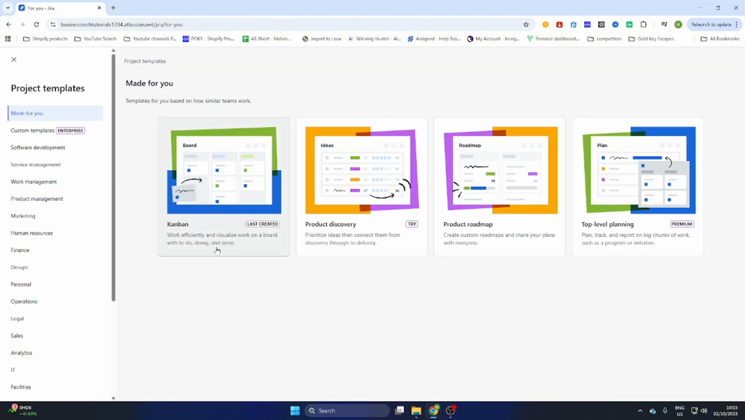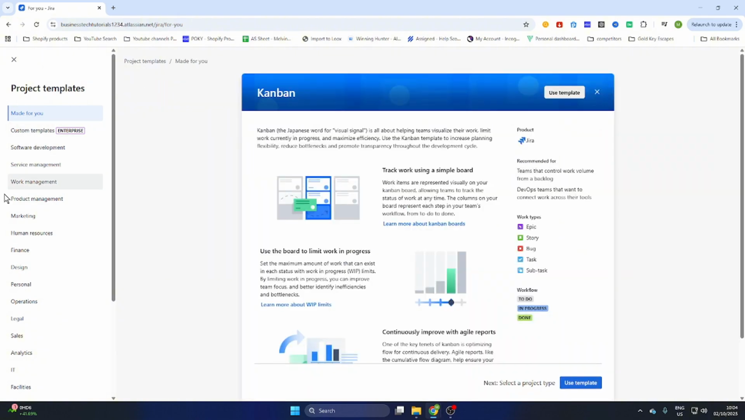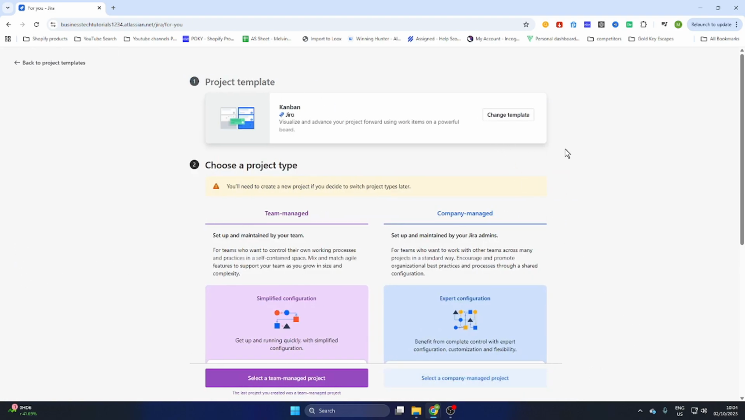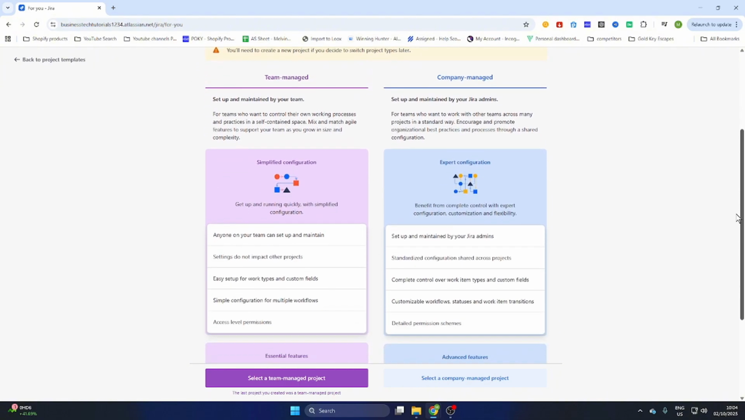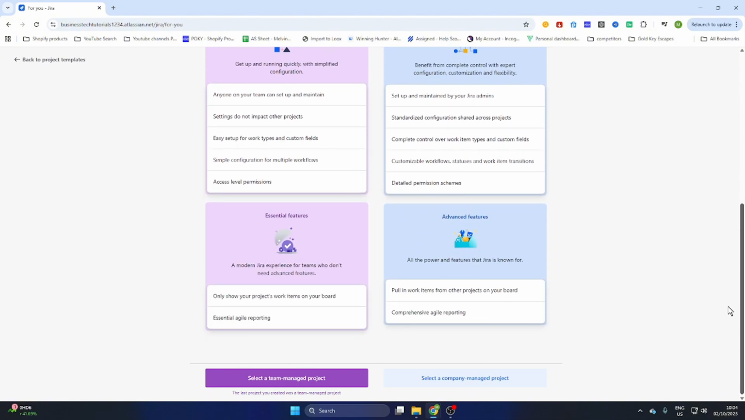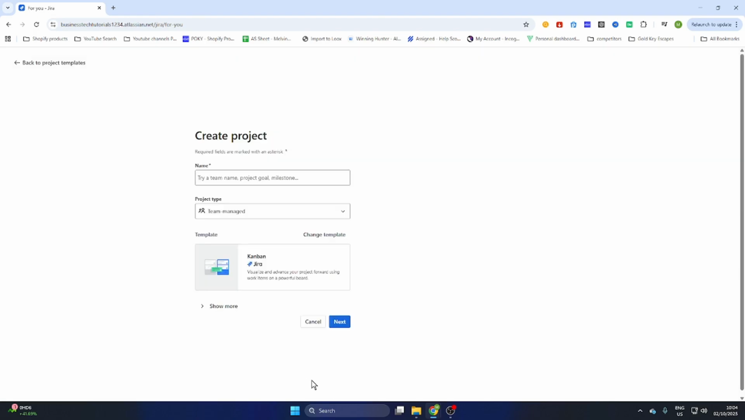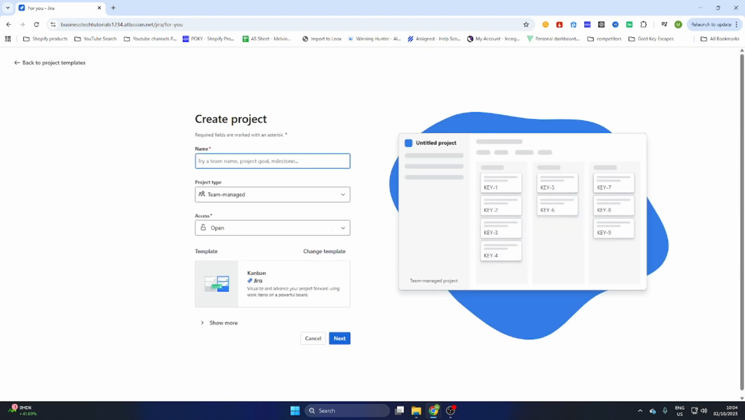After that you are able to select the right template for you. So for now I will use the Kanban option. You have a variety of templates available in this list, so choose the one which suits your project. After that, use the template, and now you can scroll a little bit down, and as you can see you have different options. Now I will select this one, and then we have to add a name into our project,